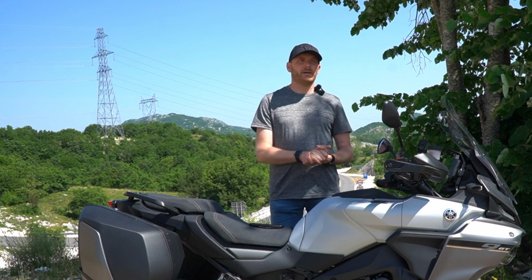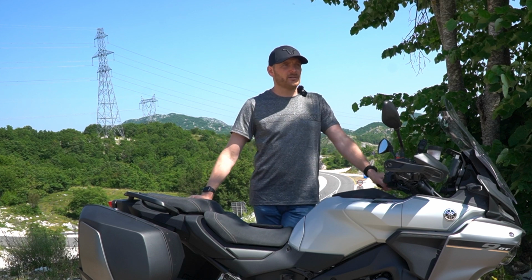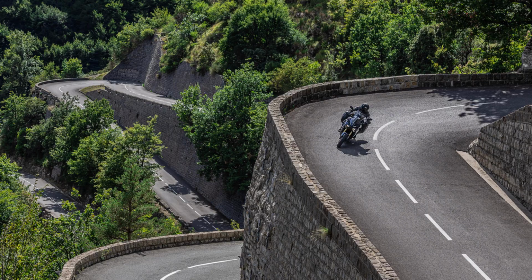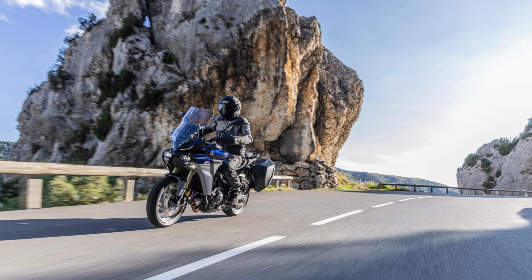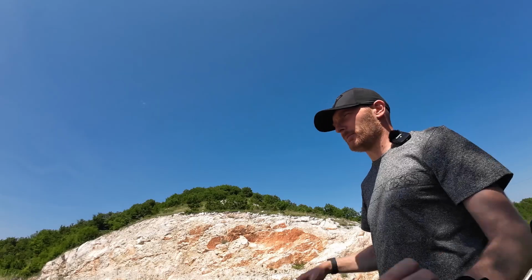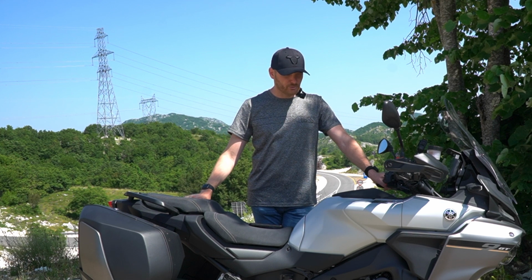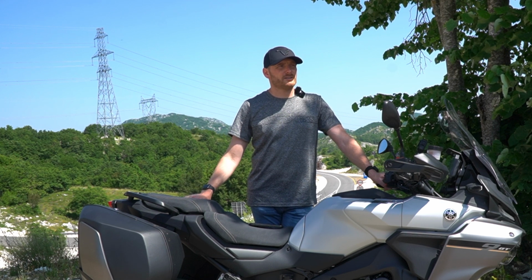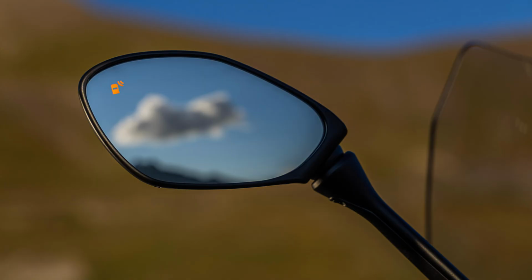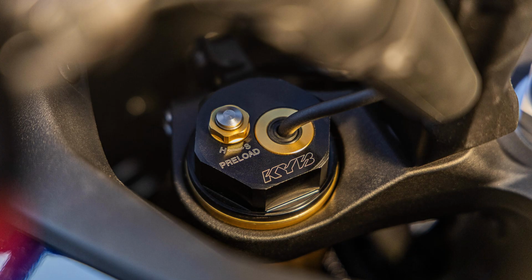And GT Plus, in some way, is just the flagship bike for Yamaha. Not only in the Tracer lineup, but in general for the Yamaha motorcycle lineup. It's basically the flagship which they produce to set the bar in the sport touring and touring segment for the upper section of middleweight bikes. That's where Yamaha basically pushed the boundaries, right? So they put in the most technology they could, and they are really trying to compete with the big players, luxury or premium players